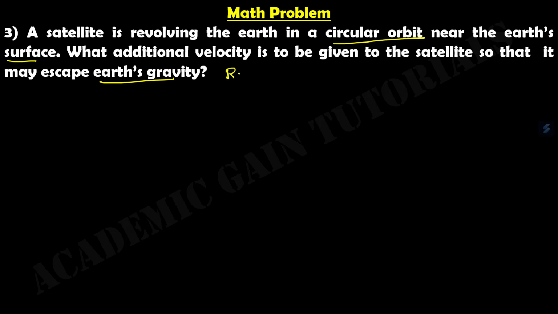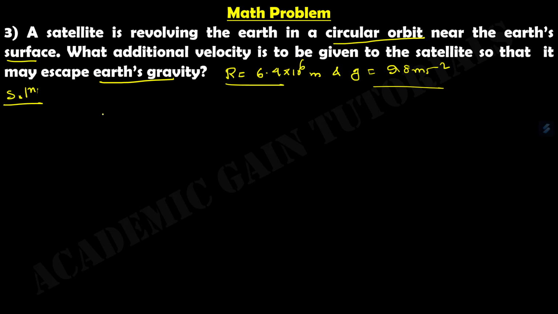The radius of our Earth is 6.4 into 10 to the 6 meter, and our gravitational acceleration g equals 9.8 meter per second square. Okay, this additional information is also given to us. So we know